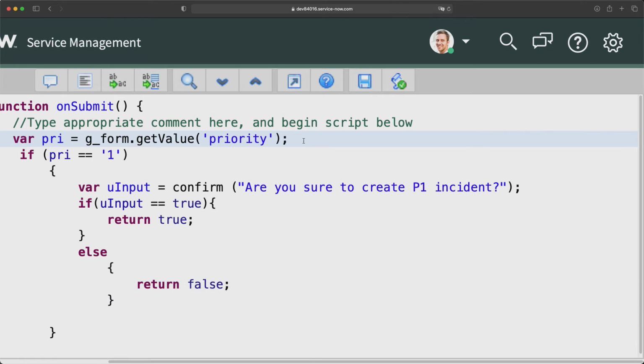Then, if I talk about the best practices of scripting, you should always write comments. So let's say for this, getting priority value, and here I'm checking if priority is 1 or not, and here I'm basically showing that confirmation box, storing the